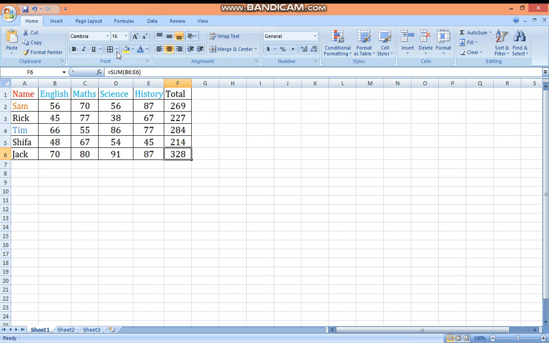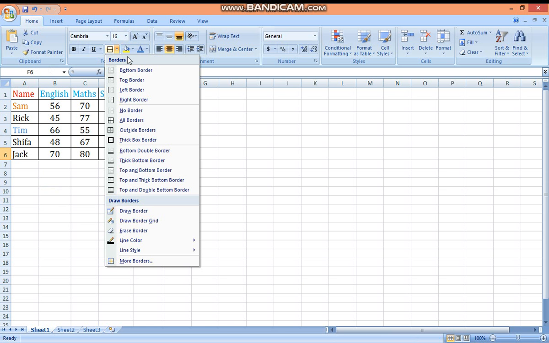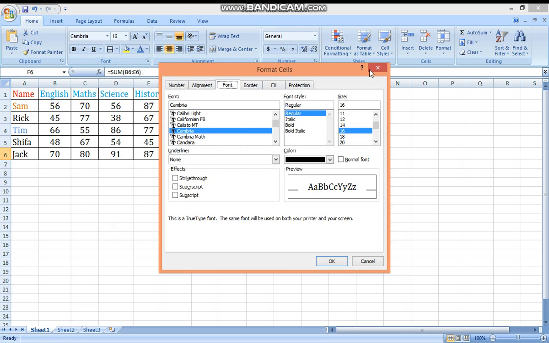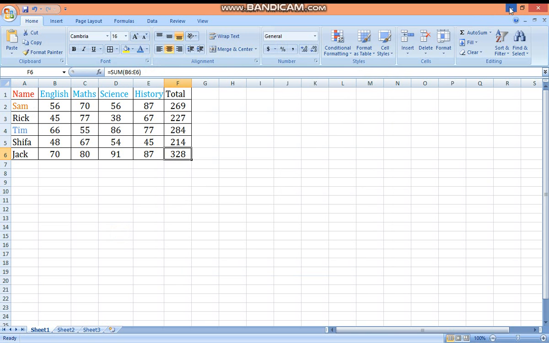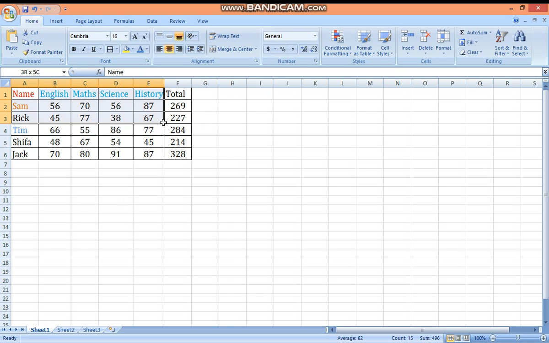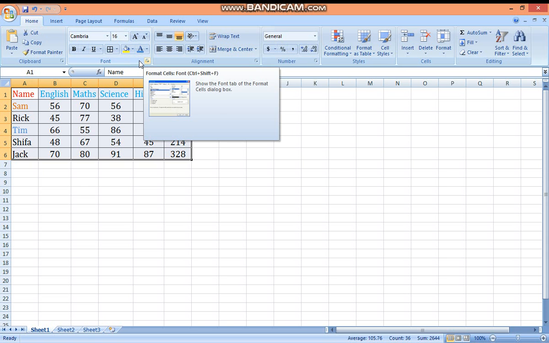Select your table first. Then click on the format drop down arrow, Format, Font.